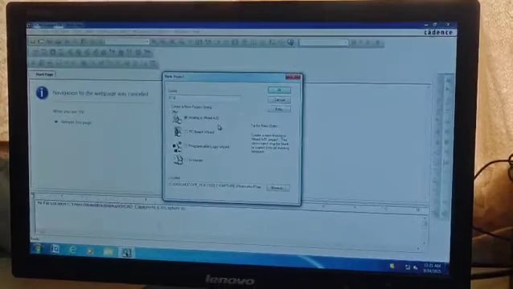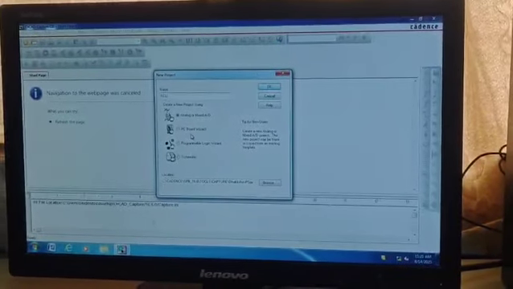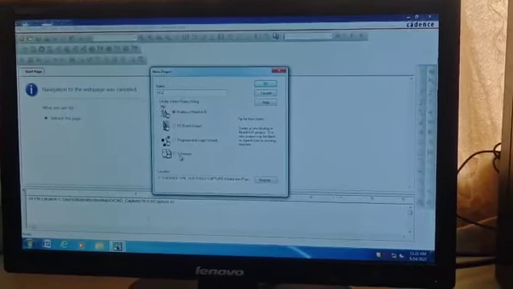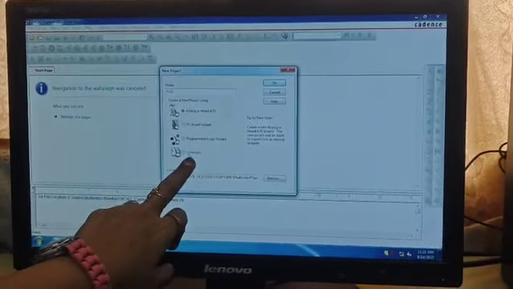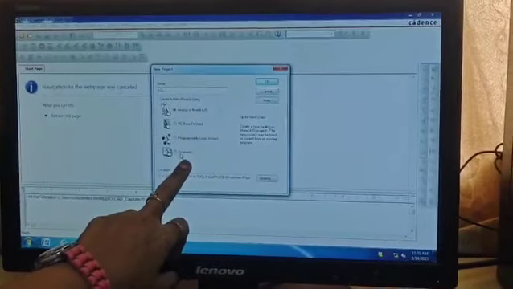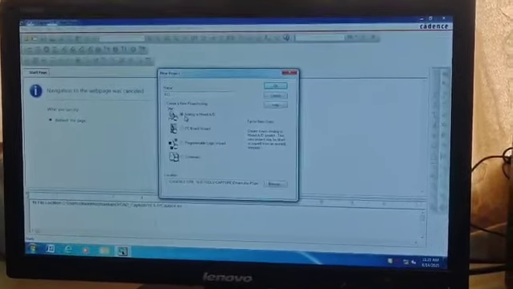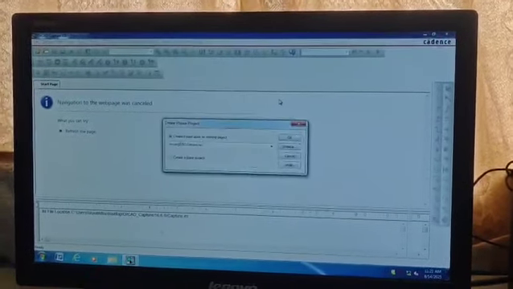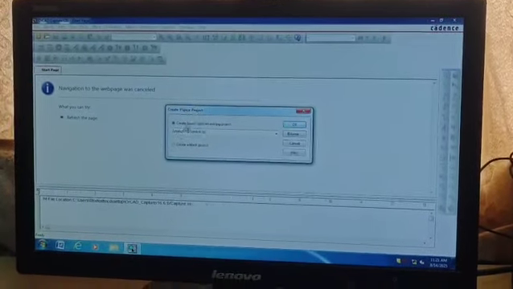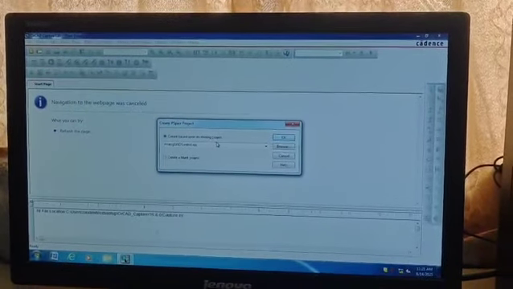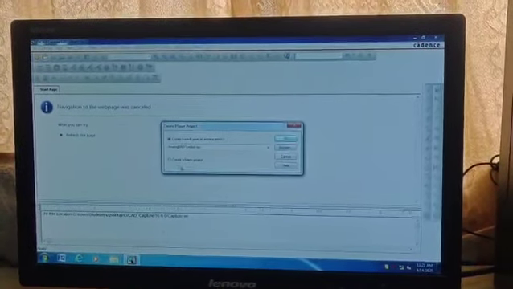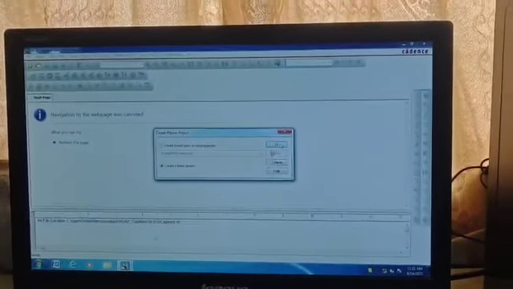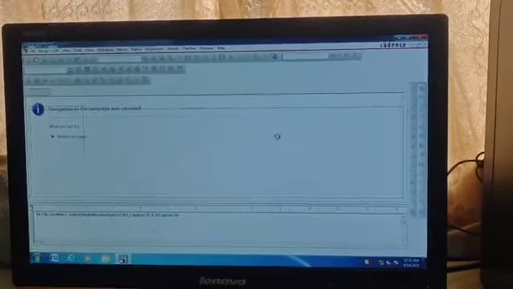and mixed AD. This PCB option is for PCB design, this is for PLC logic, and this is for schematic where you want the diagram alone. So you have to select analog or mixed AD and give OK. It will ask whether to create a project based on an existing project or a new project. Since this is the first project, you have to click create a blank project and click OK.